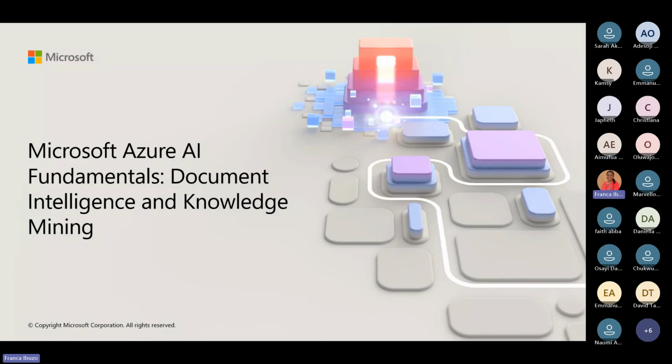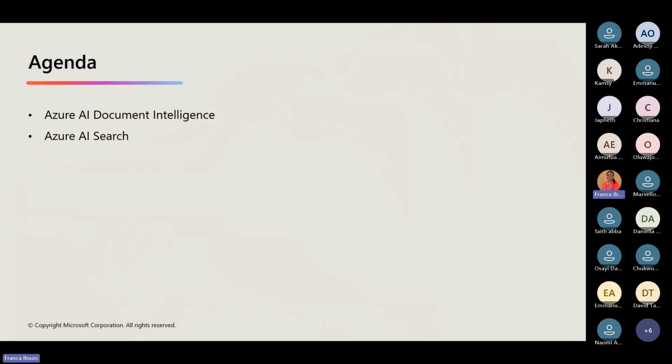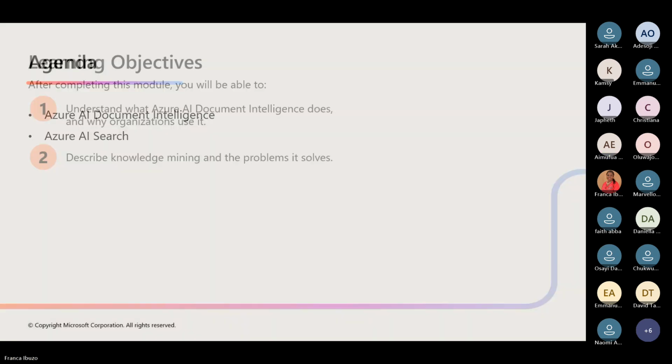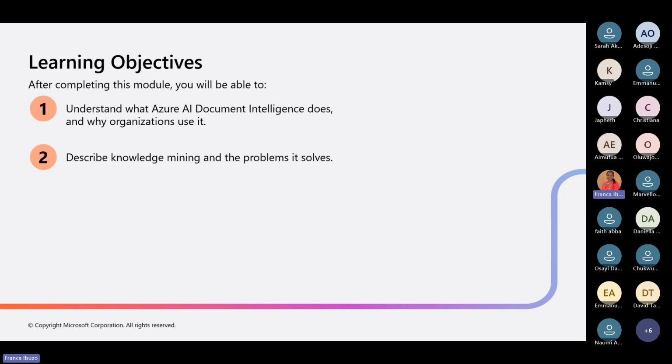Okay, so this is module 4, and module 4 is on Microsoft Azure AI Fundamentals, document intelligence, and knowledge mining. The agenda is Azure AI Document Intelligence and Azure AI Search. And the learning objectives: after completing this module, you'll be able to understand what Azure AI